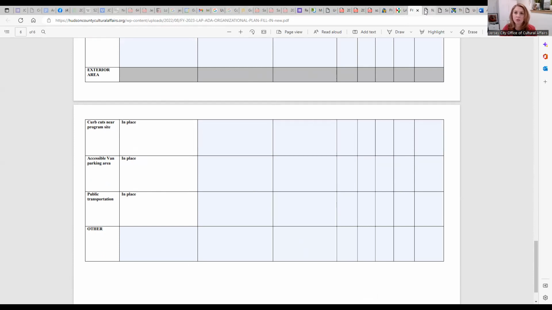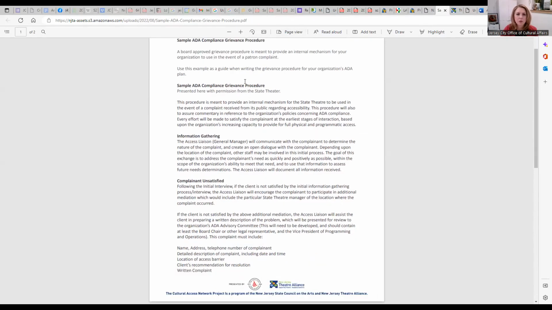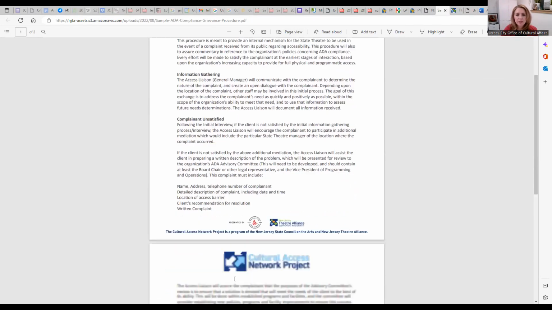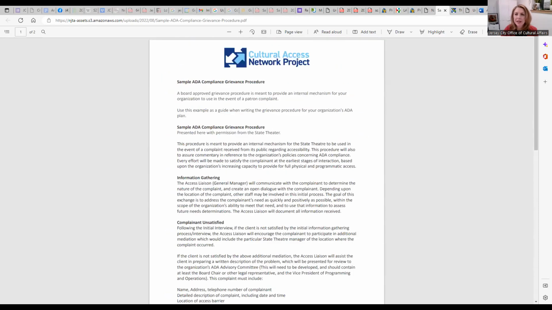The next thing I wanted to talk to you about is a grievance procedure. If you go back to the Cultural Access Network page, it does have a sample ADA grievance procedure. And this is the one that was used with permission from the State Theater in New Jersey. You can see it's not super long, but what it does outline is a process for your organization to follow. The grievance procedure should address a method by which your organization can receive